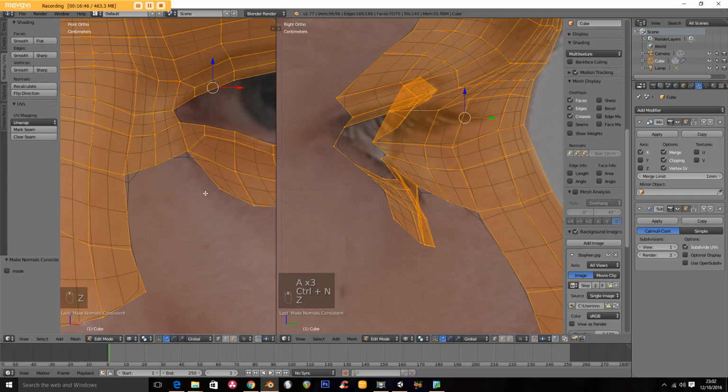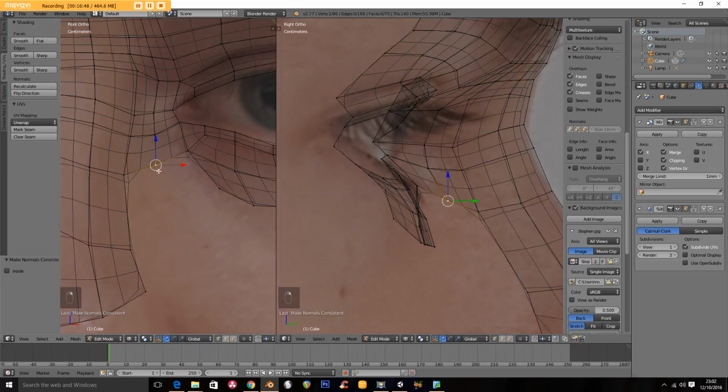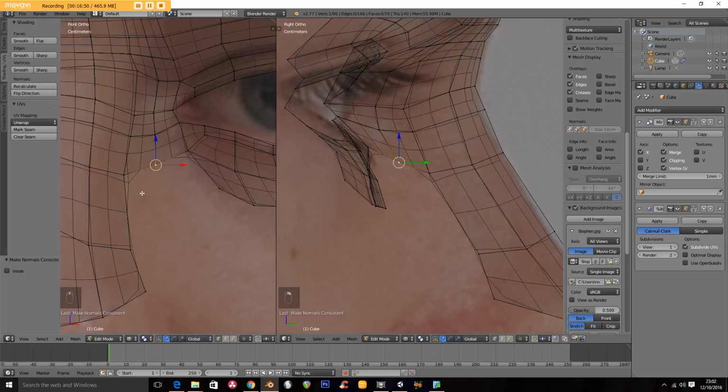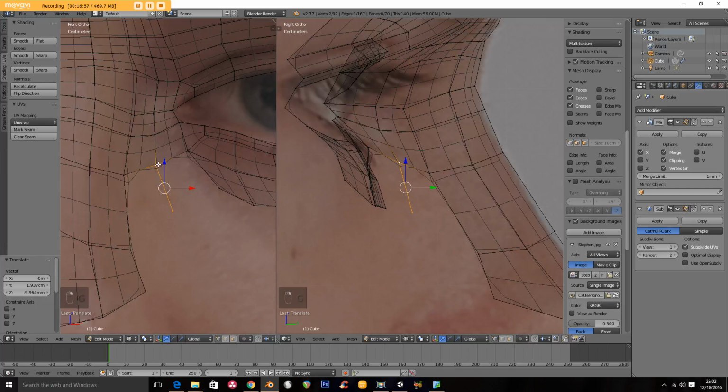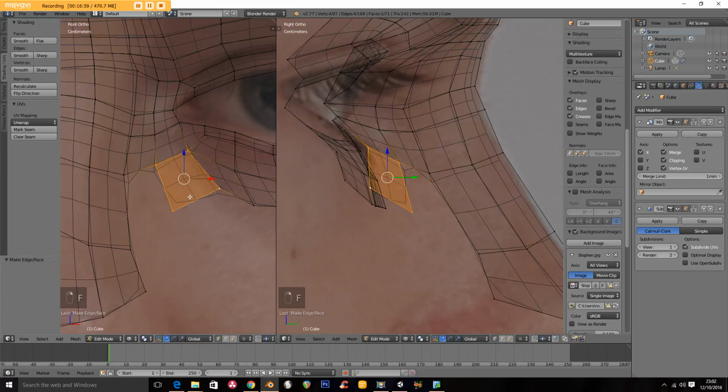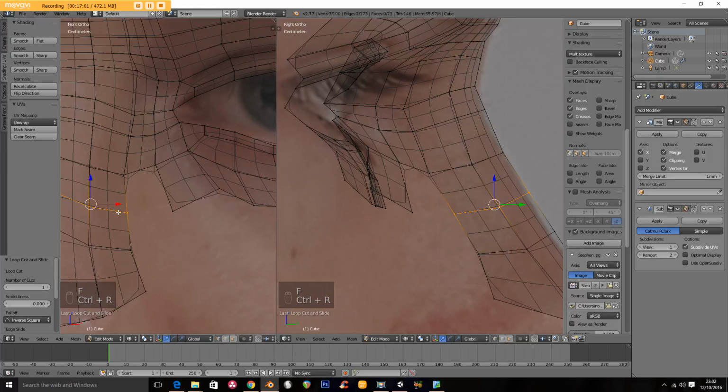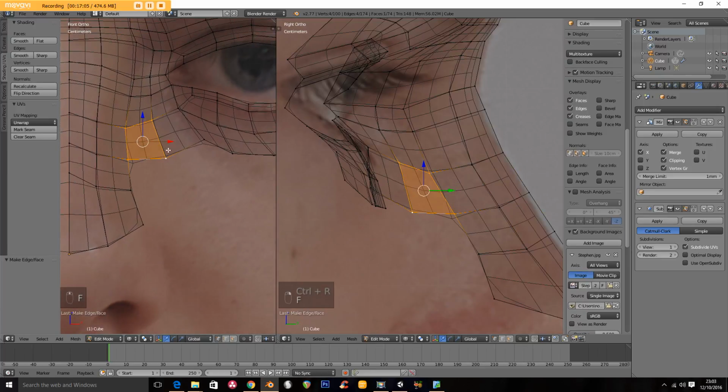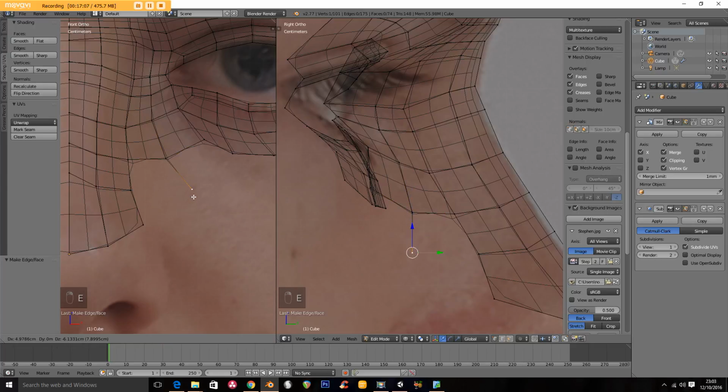Okay, and we could join the, yeah. Let's just work on this. So this is going to go E and extrude to there, and 1, 2, 3, 4. It's a face there, and I need to add a loop cut in here. 1, 2, 3, 4. It's a face. I'm going to do the same here. I'm going to extrude this way,